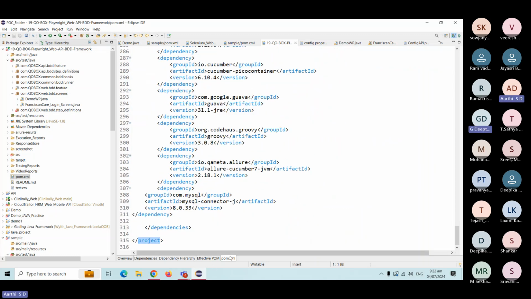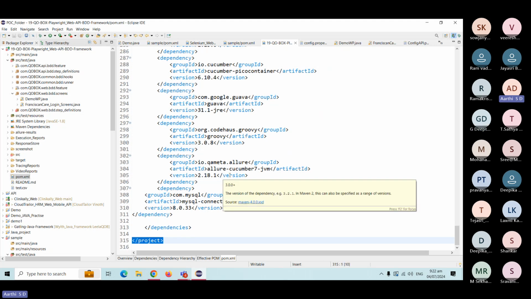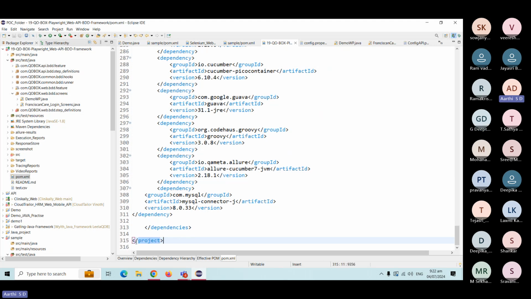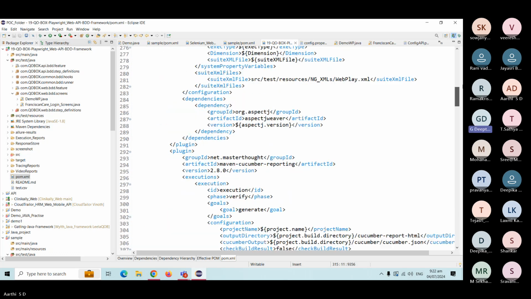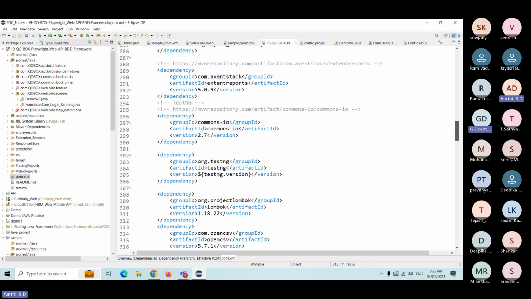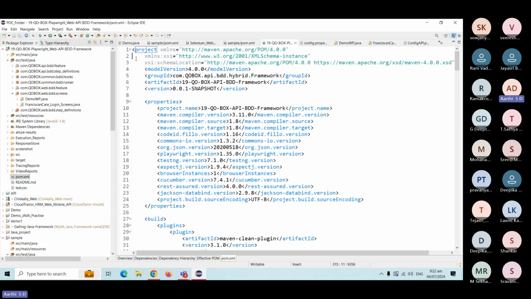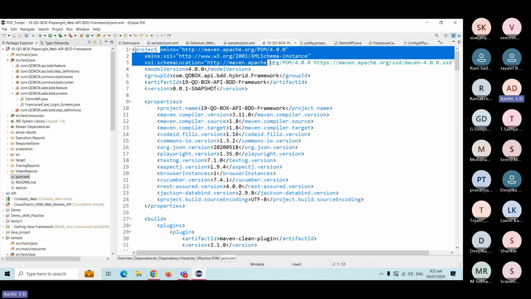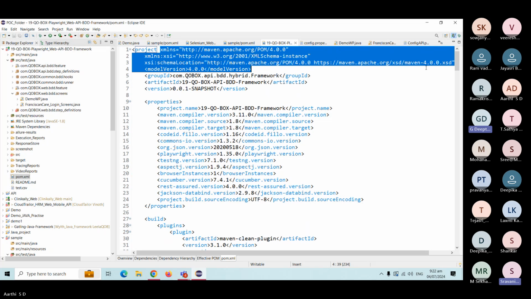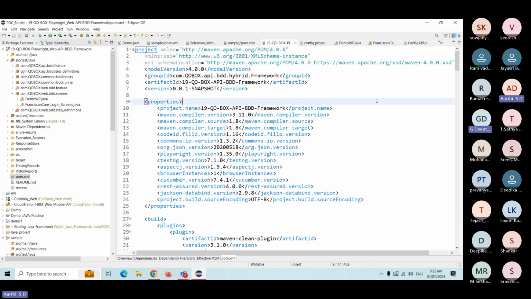In an XML file, everything starts with tags only. If you open something, you should close it with the slash. These are the rules of an XML file. It always starts with project, and these are some of the minimum things, the structure they have to maintain. We call it a protocol or some kind of